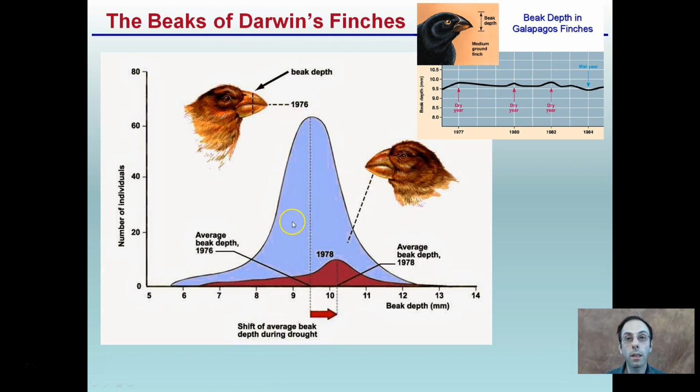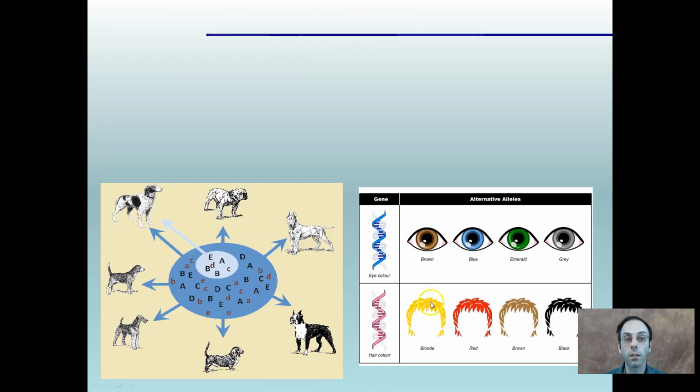The drought will cause the insects potentially to go deeper into soil. And we see here in our dry and wet year how it changes our beak depth in millimeters. So depending on the environmental conditions year to year, based on the food items, that can influence the individual's beak depth. And what we see here is in 1976, a very large population. In 1978, a much smaller population, but of that population, the vast majority had a larger beak depth. And that allows them to more efficiently feed on food items. And the Grants' research supported Darwin's hypothesis, so it's supported by not just Darwin, but other scientists.